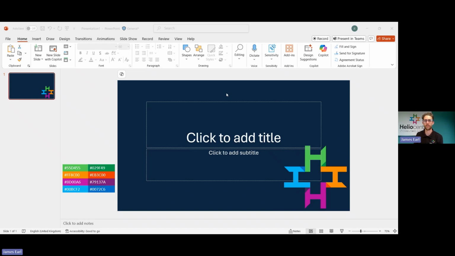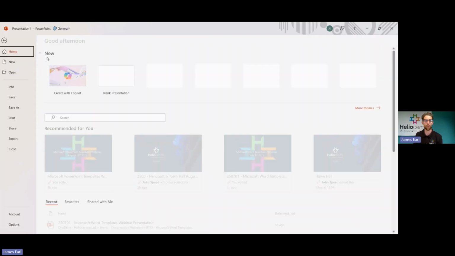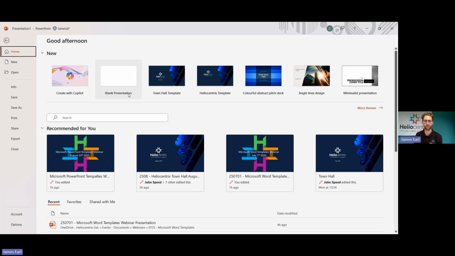folder, and these can be okay, but long term they don't really work, and you want to make it as easy as possible for people. So the best practice is actually to deploy a templates folder. So that folder will sit somewhere within your SharePoint, and then we are able to tell Microsoft Office where to look for your templates. So to show you what that actually looks like once it's set up,